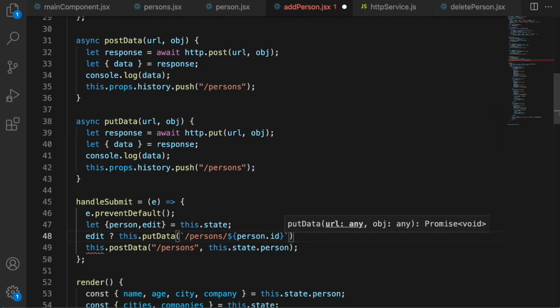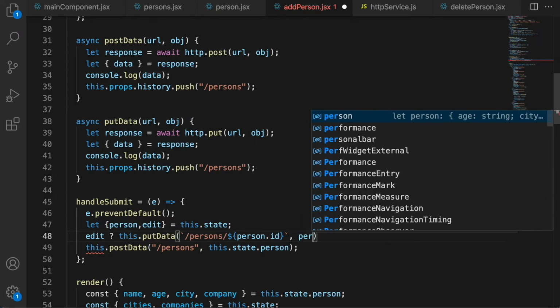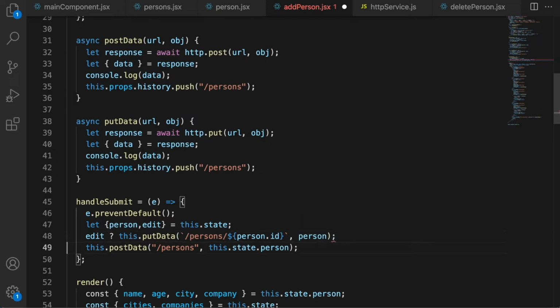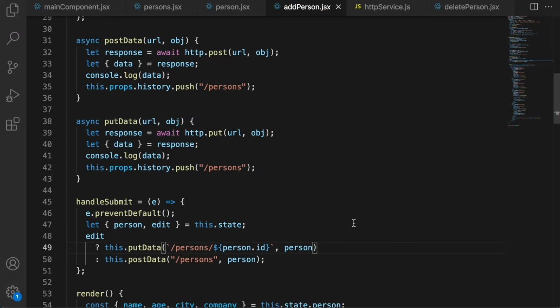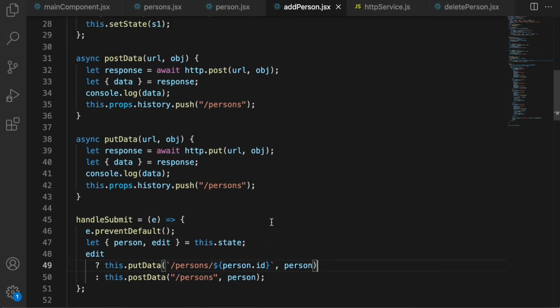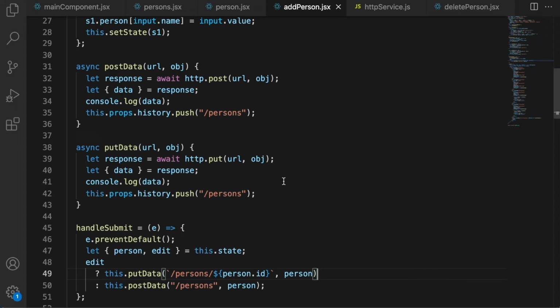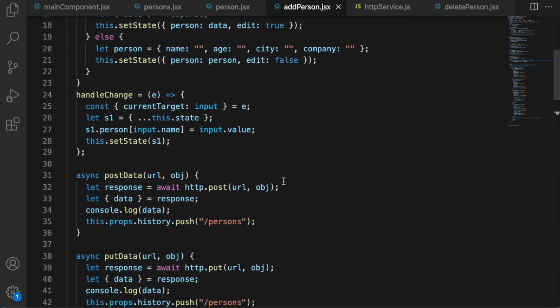That's the person we are sending it to. And what's the object? The object is this is person. Else what do we need to do? We're just doing, and because we had destructured it, we can put it here. So if edit is truthy, we are calling put data, otherwise we are calling post data. So this should work fine for us. Let's go ahead and test it.